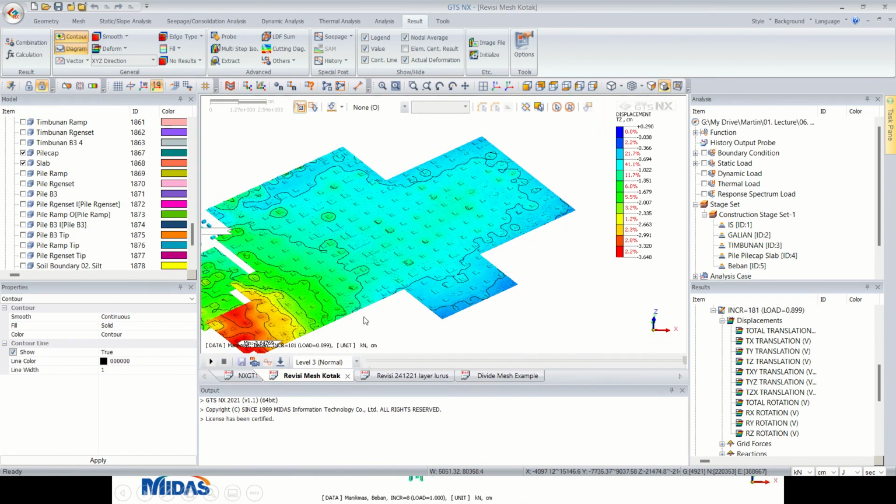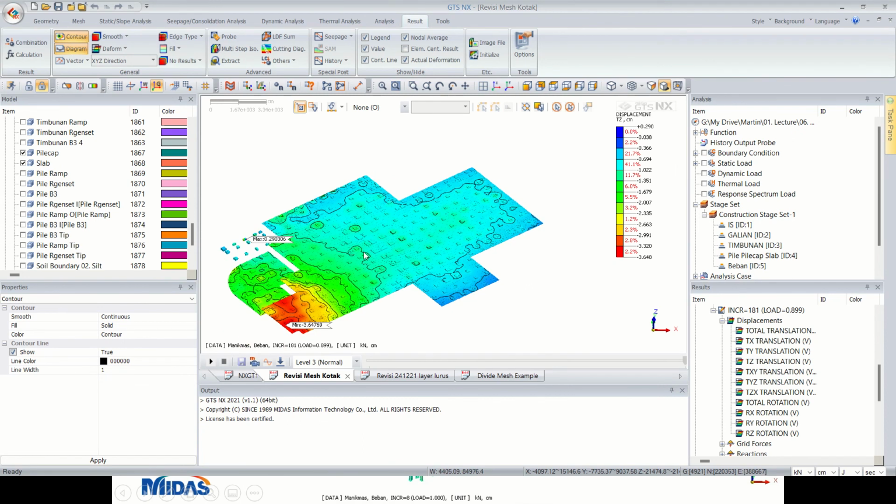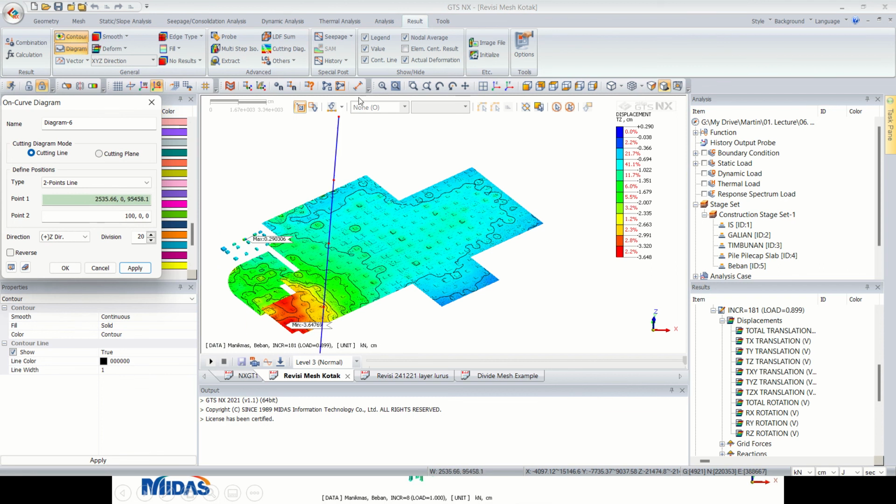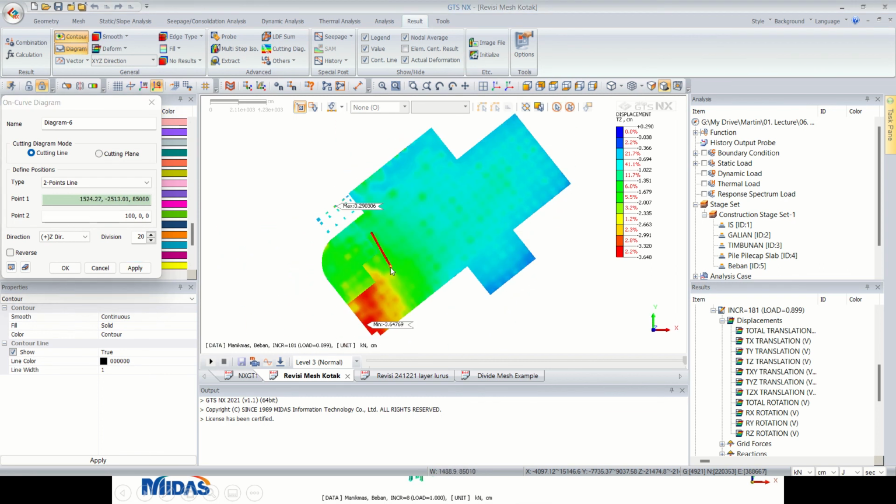You have to be careful because the profile is completely different. In this model, settlement is concentrated on the fill area, this part, where there is also some difference in the elevation, but over here it is very small. Then it might be a problem when we consider the difference in the settlement.